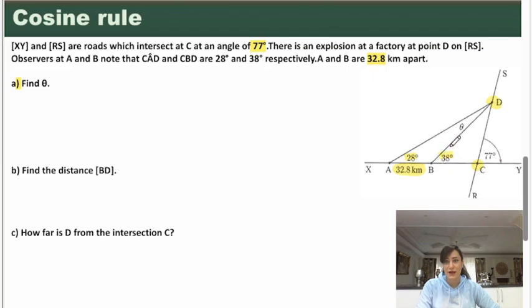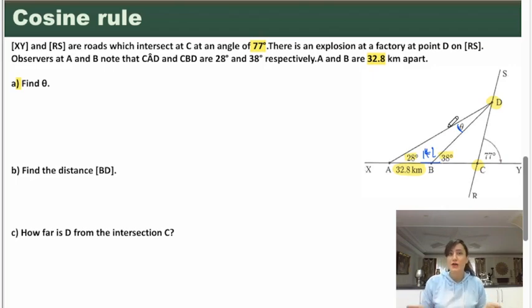Okay, to find theta, I'm going to find this angle, which is theta. I try to use two rules. The first says any angle on a straight line is 180. So 180 minus 38 gives me 142. So this angle would be 142. And to find theta, I use the rule that says the interior angles of any triangle add